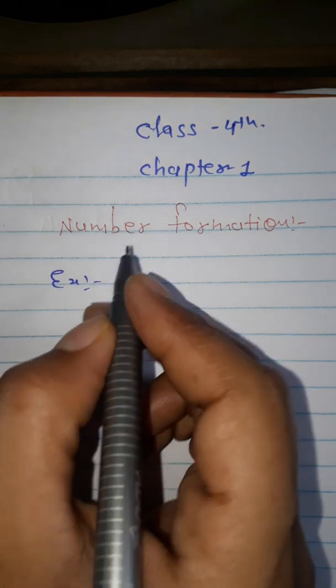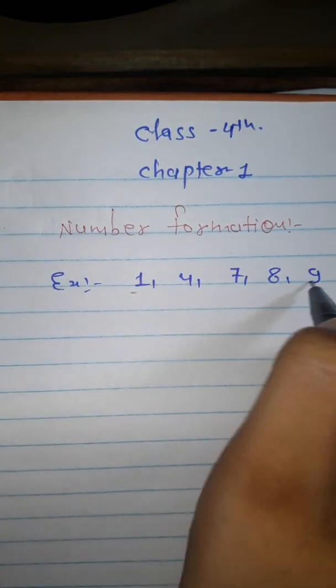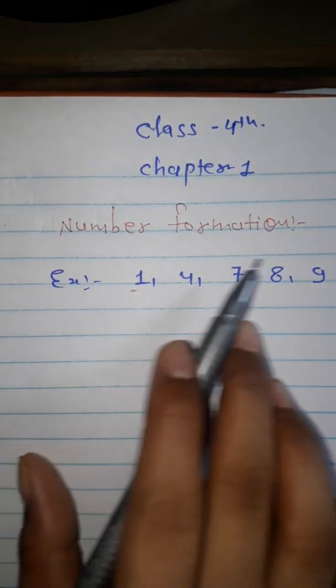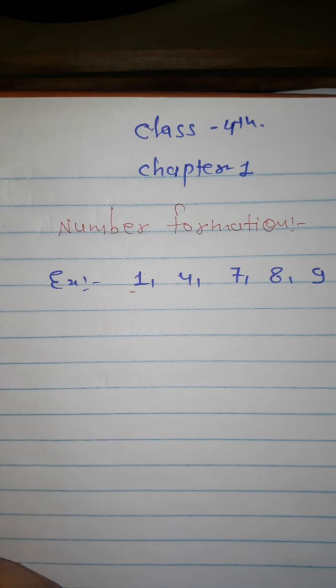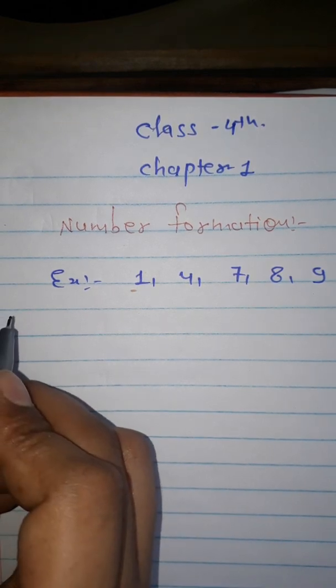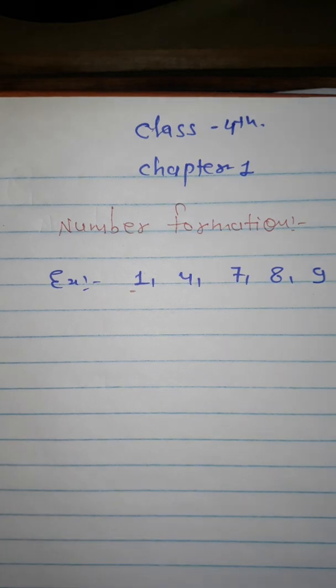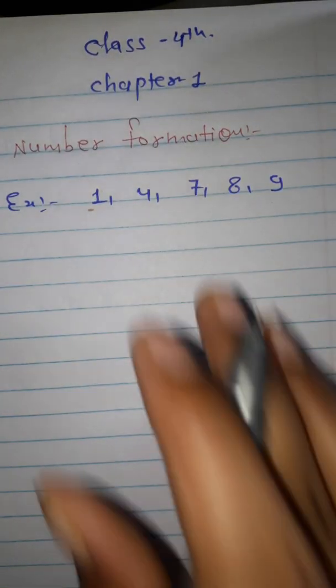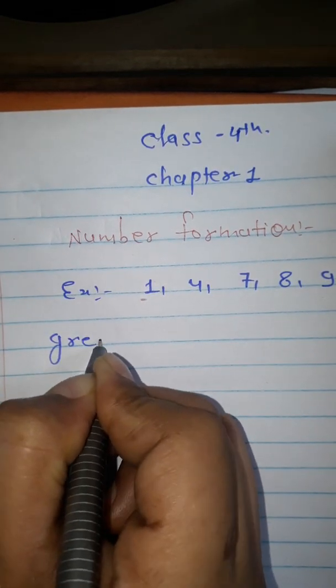Suppose we have some digits like 1, 4, 7, 8 and 9. We have to form a number using these 5 digits. But there are two conditions: whether we have to make the greatest number or the smallest number using these digits. So first we make the greatest number